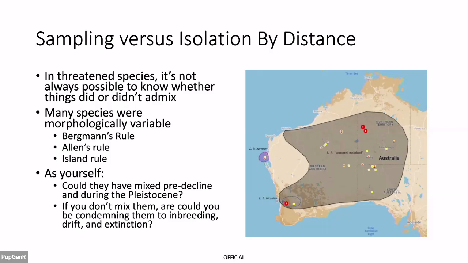It also used to be here. And when you have a species like this, where you're trying to understand what's happening, you have to remember things like Bergmann's rule, Allen's rule, the island rule. Small mammals get bigger on islands, and big ones get smaller. There are aridity gradients, latitudinal gradients and things like that. What that also implies is there were allele frequency differences across this range. So you can get fixed differences and various other things